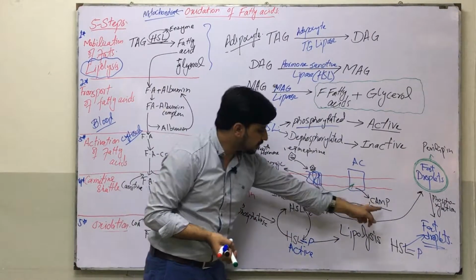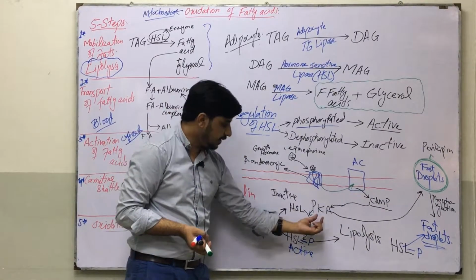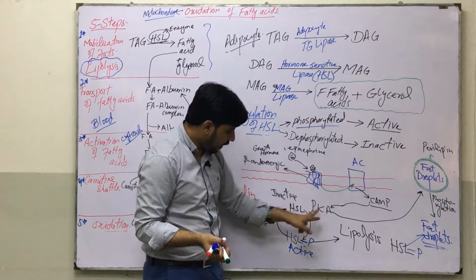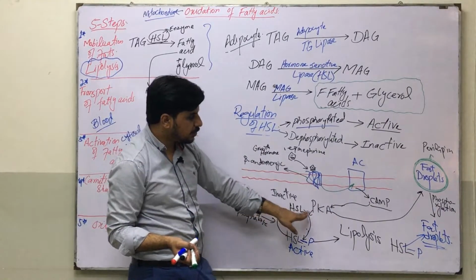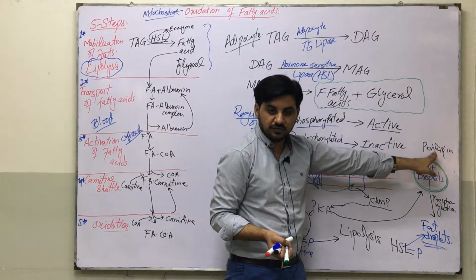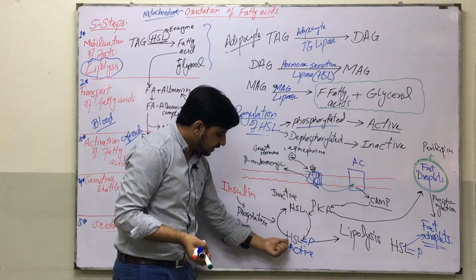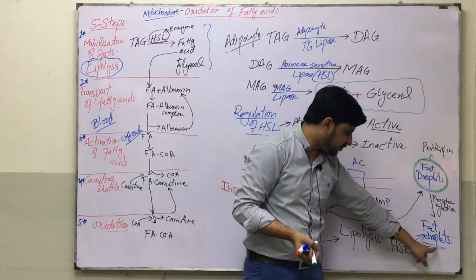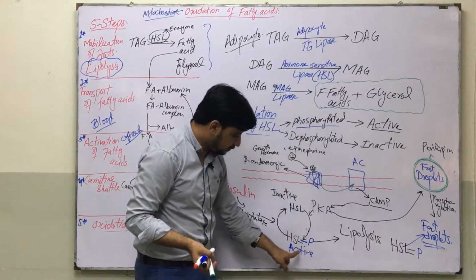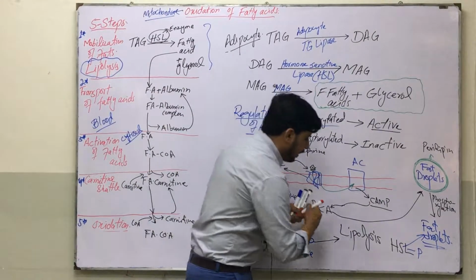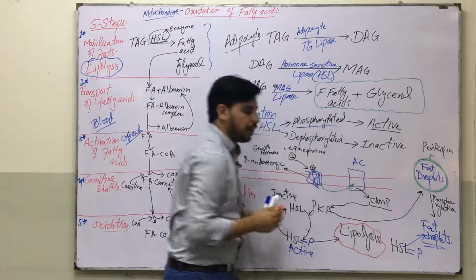So epinephrine and growth hormone will phosphorylate this hormone sensitive lipase through the cyclic AMP cascade, and there PKA will function in two ways. One, the phosphorylation of HSL. Number two, the phosphorylation of perilipin. What will be the result of these two phosphorylations? The result will be the activation of hormone sensitive lipase and the exposure of this fat droplet to this active enzyme, and as a result the lipolysis will occur.